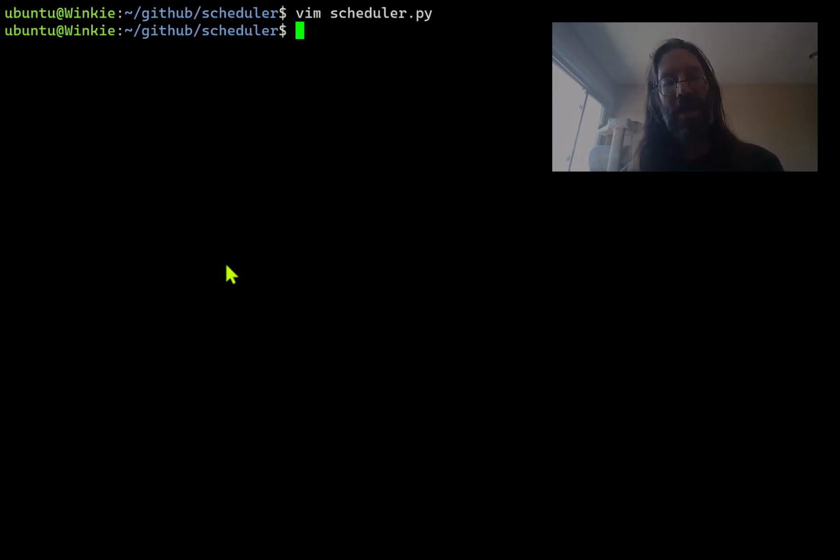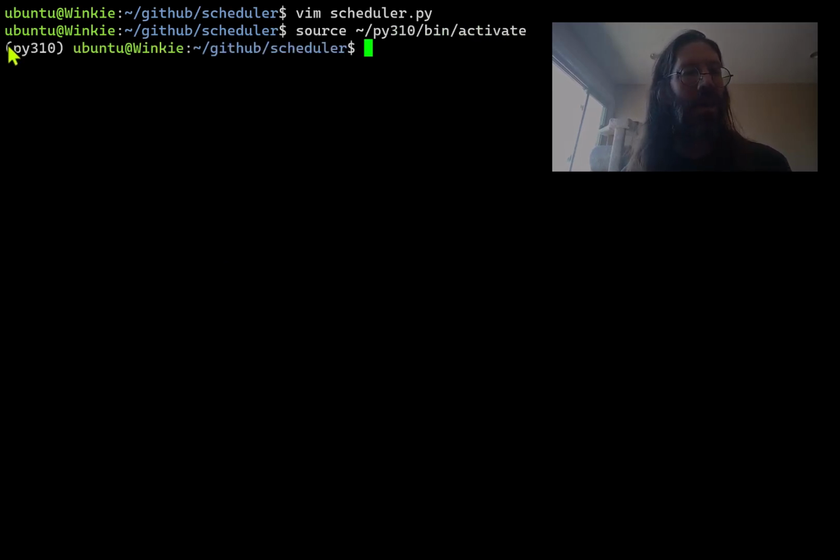So let me do that as a bonus first so that you know the command is source and then just reaching into a location that you know exists, pi310 bin to a script that you know exists, activate, right? So here we are having activated our virtual env, which is something we need to do before doing a pip install because of the context which the service is running under. But remembering to do that all the time can be a royal pain. So we can deactivate,